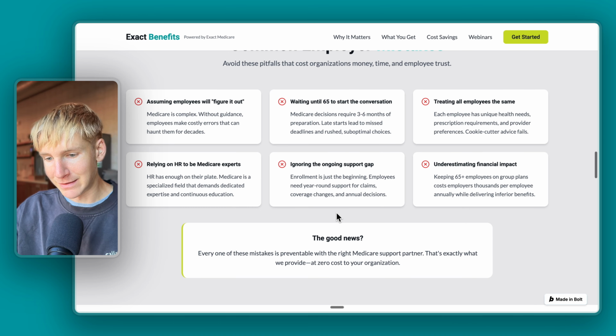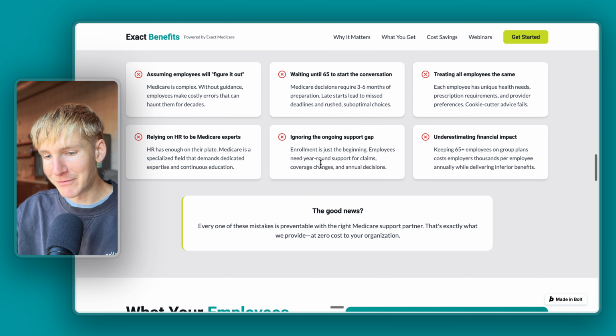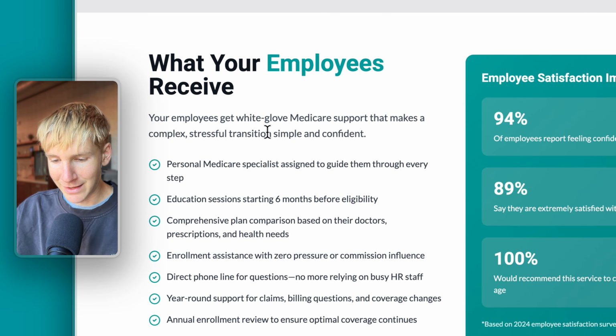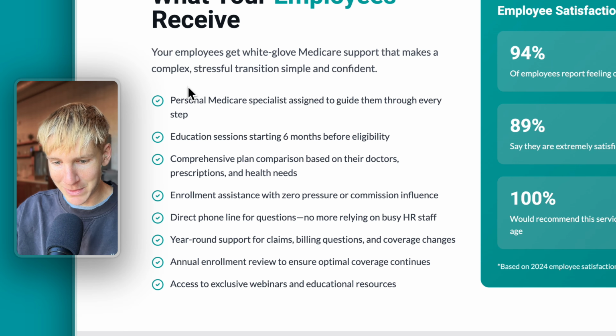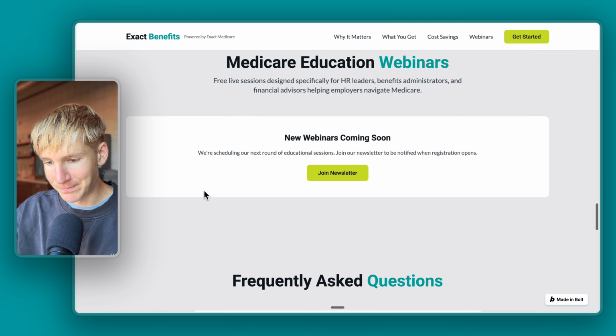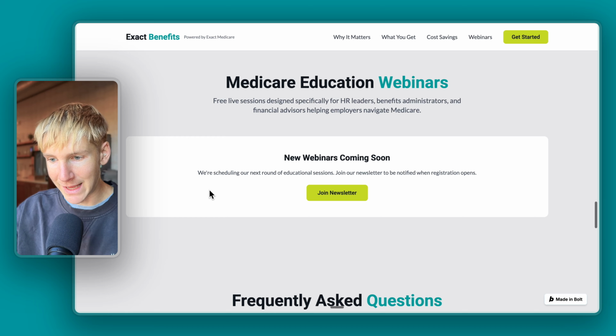A lot of better things. A lot of improvements we can make here. I'm just going to say that. Not great contrast here with this section. Too many bullet points. I do really like the flavor and take that Bolt gave us on our webinar section